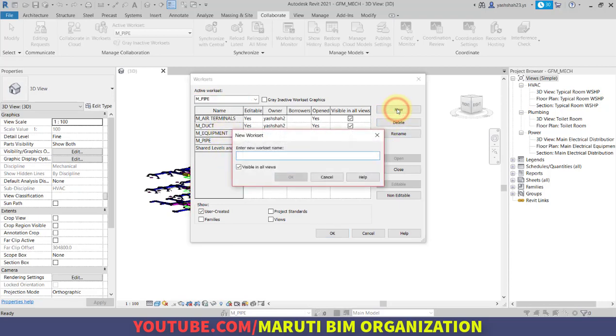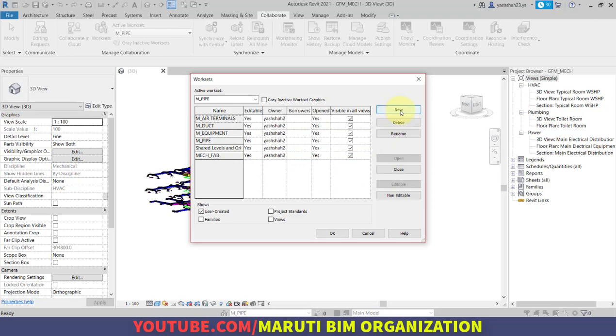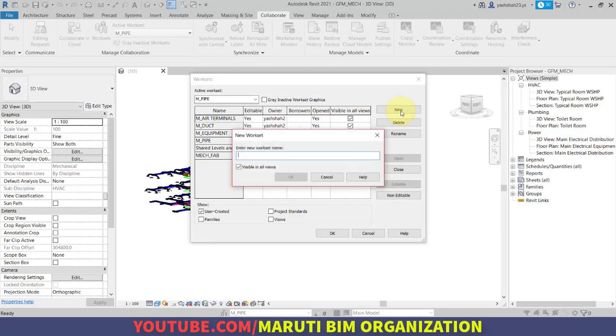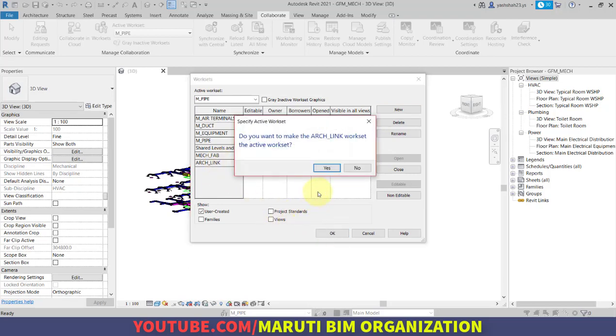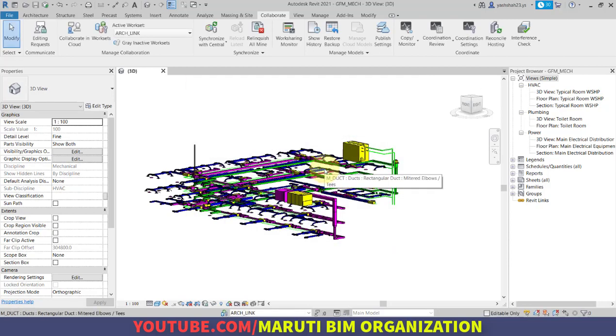We will create a new workset, mechanical underscore fabrication, and click OK. Again click on new workset, let's say architectural link. OK, and we will set this workset as the current workset. Click on OK and set this workset as current, and save the file.